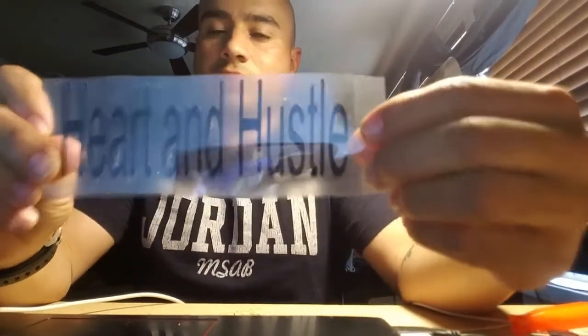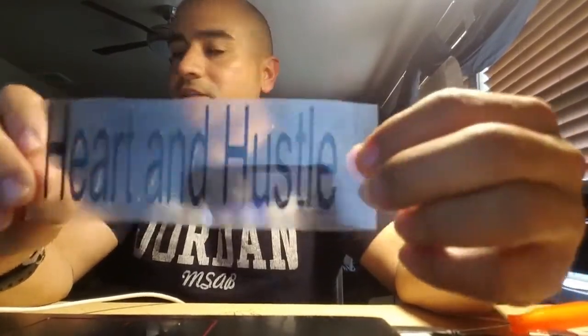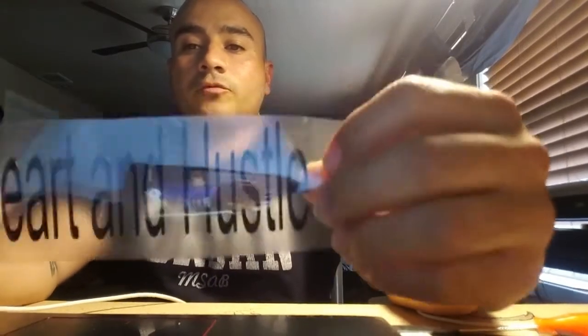So that's how you would adjust your workspace to make sure you know what size vinyl you're using. If you're using something smaller like the other piece that I had, make sure that you know the size of this and adjust your background the way I showed you. All right. So I showed you how I